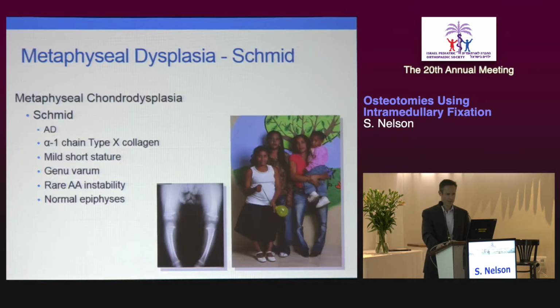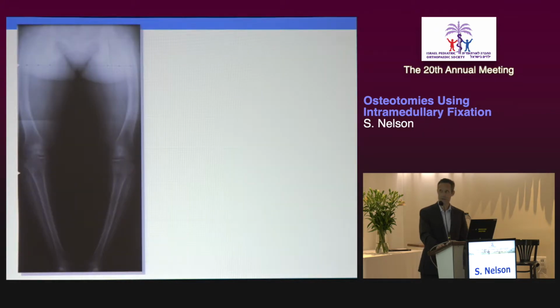Here's another case with a 33-year-old that had metaphyseal chondrodysplasia. This is Schmid metaphyseal chondrodysplasia, known as having short stature, genu varum, and normal epiphysis. This little girl, and the whole family has this. The little girl has it as well. We were able to correct her with 8 plates, but the aunt here shows a multi-apical deformity with a mechanical